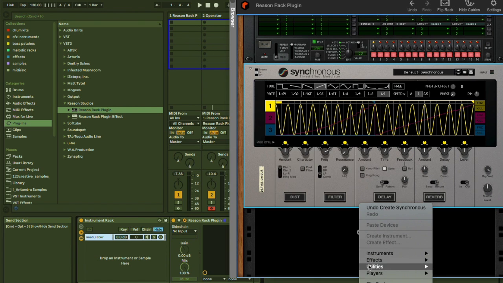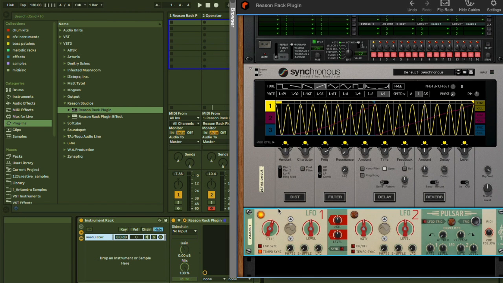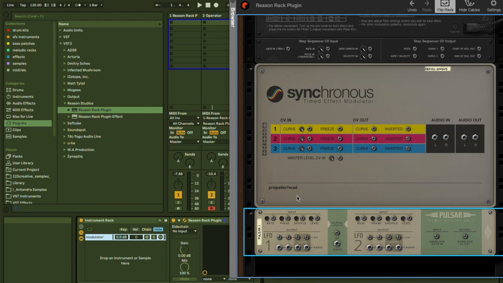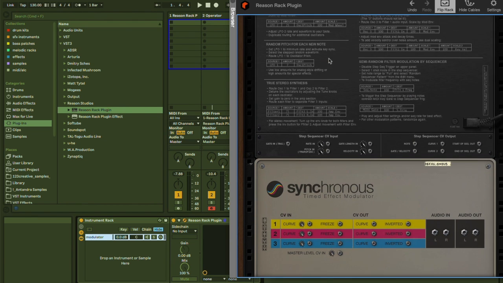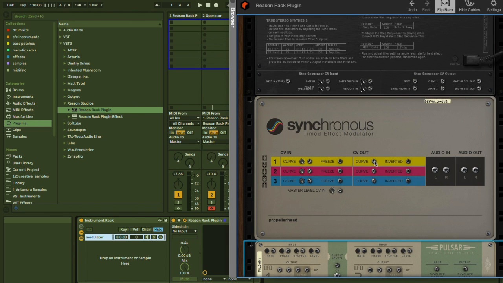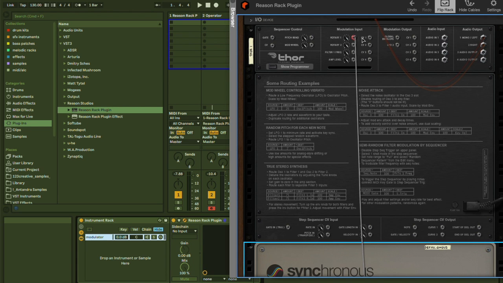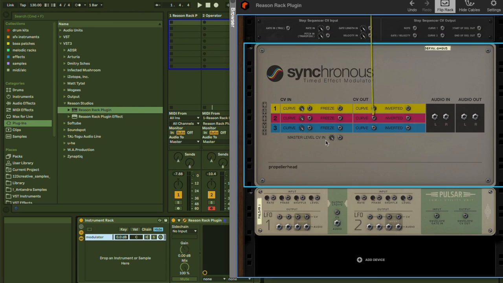Let's see, actually under utilities we're going to use the Pulsar Dual LFO. And so if I hit tab, now we can go ahead and connect the curve out into the CV1, and